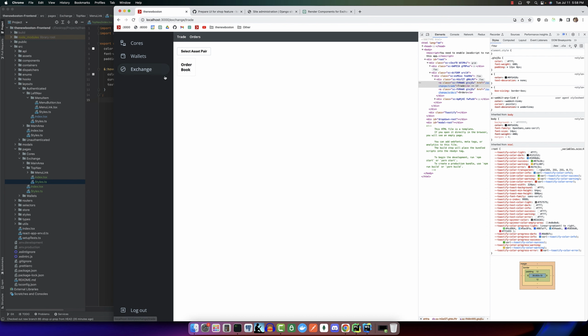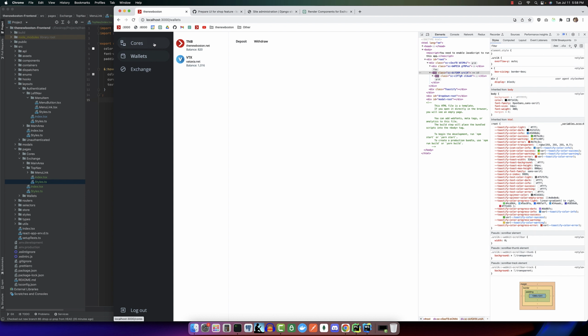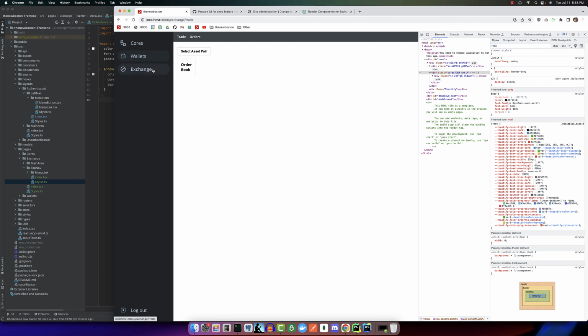So what would be nice is if I could keep this. You see how whenever you hover over any of these left menu elements, then they have this little background. Also, if it's active, then you still get that background. Well, whenever I'm on the trade page, the trade and the orders section are both in this exchange-like parent element, but only the trade one is activated because this route goes to the trade URL by default. And I'm wondering,